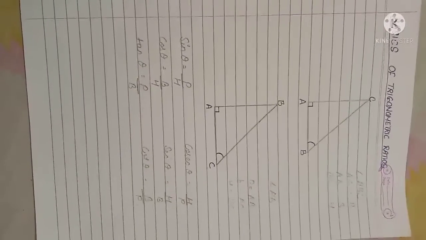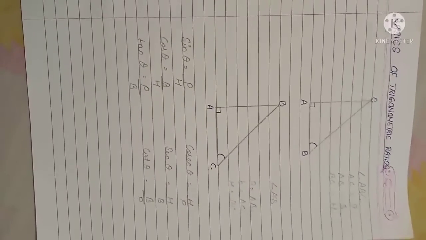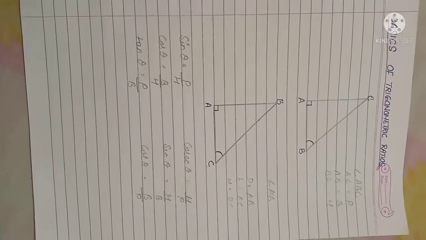Now, let us solve a question to understand the things we have read so far more clearly. So, if we are given a question, let's say tan theta is equal to 4 by 3, find the other trigonometric ratios of the angle A. Can we solve this question now? Yes, of course, because we know how to do it. So, let's start.